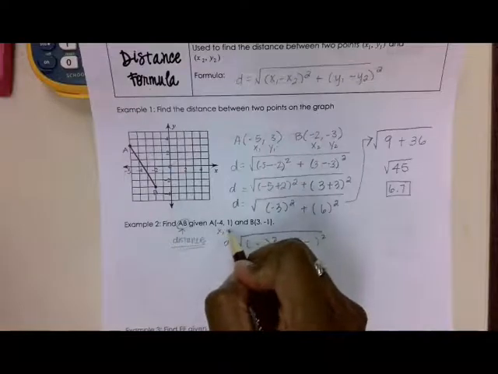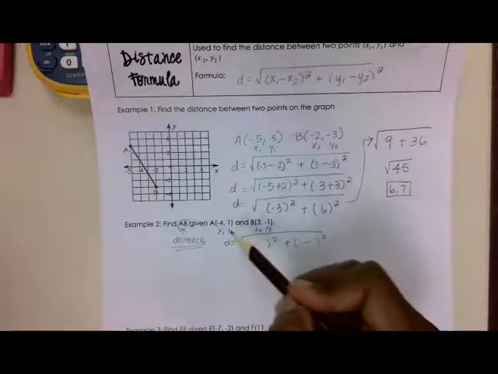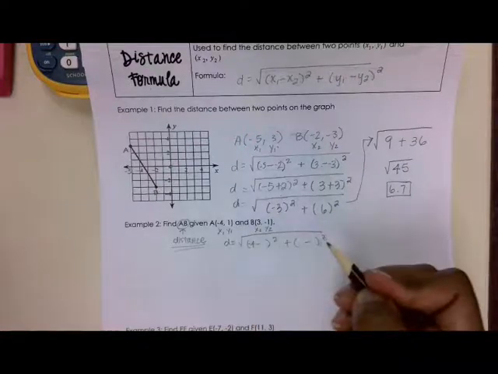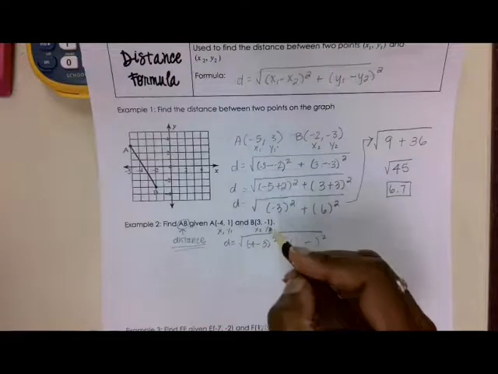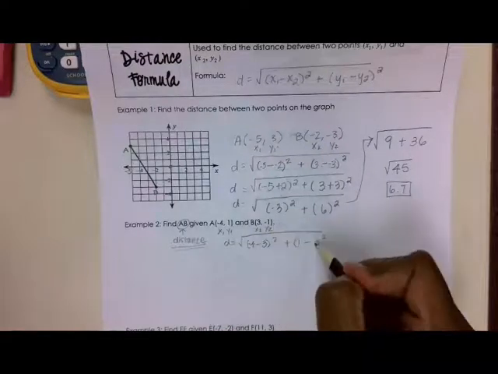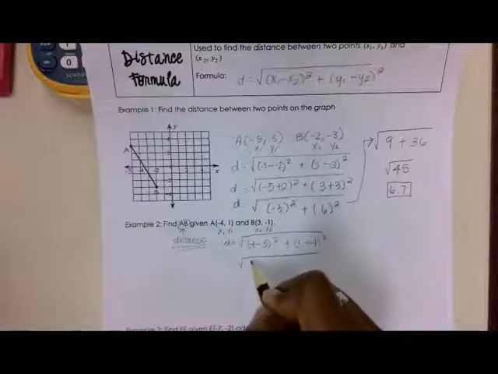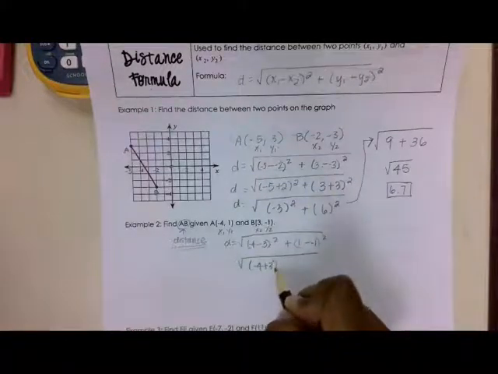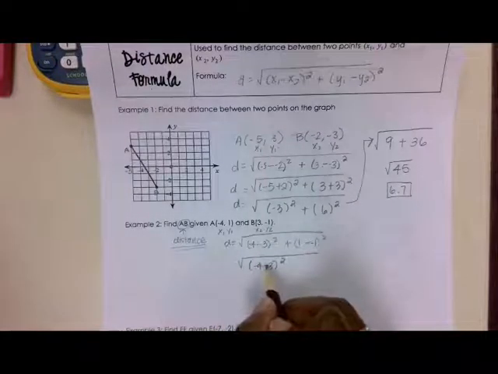Label our points x1, y1, x2, y2. x1 minus x2, y1 minus y2. Rewrite. Oh, that's a minus, sorry. Plus